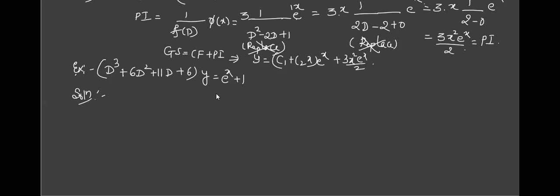Tell me, homogeneous or non-homogeneous? Non-homogeneous. So let us first find the auxiliary equation. Replace d by m and equate it to 0. Better solve it in the calculator and tell me the roots. By this time you should know how to take the equation in the calculator.